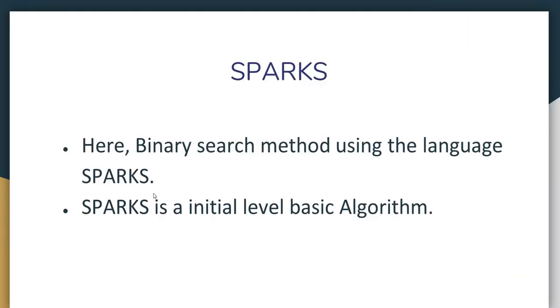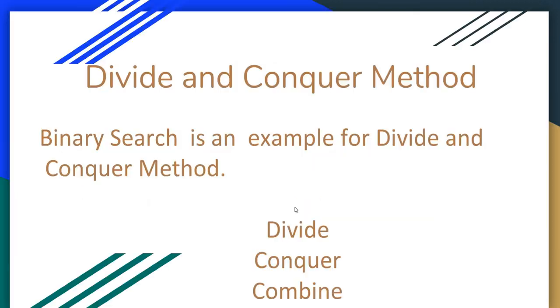The binary search procedure is written in SPARKS language. SPARKS is an initial level basic algorithm language. Binary search is an example for the divide and conquer method. In this method, the given problem is divided into various subproblems. Each subproblem is solved using a recursive strategy. Each of the results of these subproblems is combined using the procedure combine and produces the solution of the whole